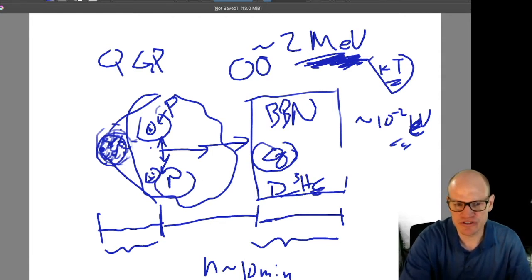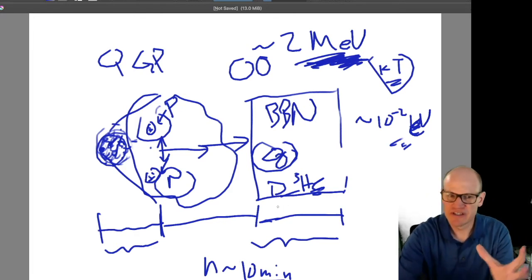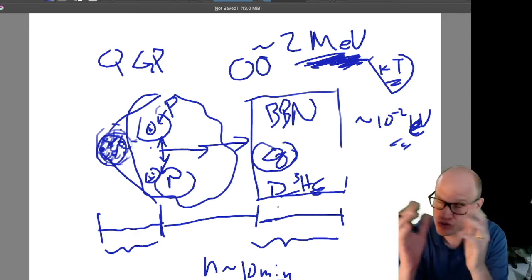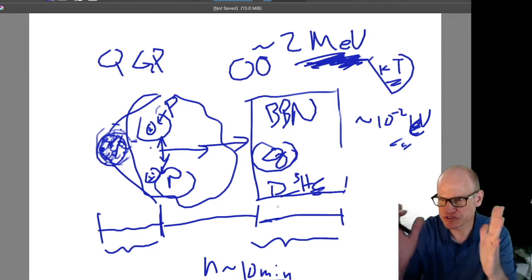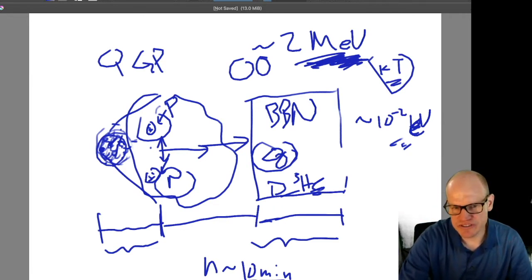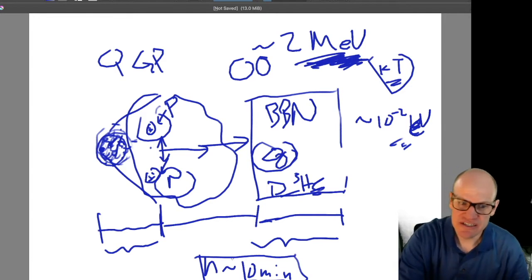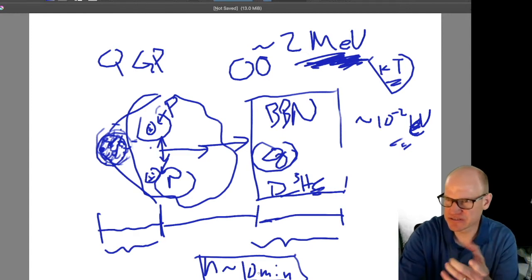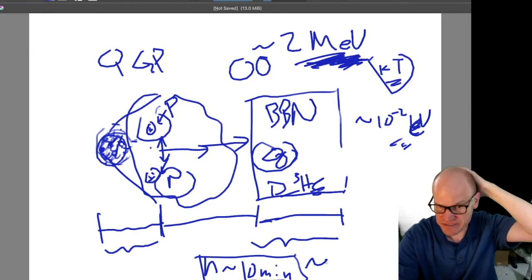At that point, the neutrons are going to start to die off, and you won't have any neutrons around to form the heavy elements. The universe is going to cool to the point where you can't collide the protons together because the electrostatic repulsion is driving them apart. And so the neutrons really are the stuff that drives Big Bang nucleosynthesis, and it will turn off not at the 10-minute mark. It will turn off when the density in the universe is diffuse enough so that the collision timescale is longer than 10 minutes. This happens at around 10 minutes.